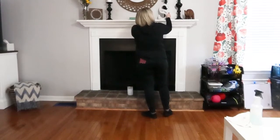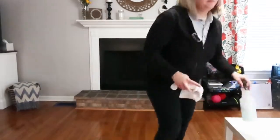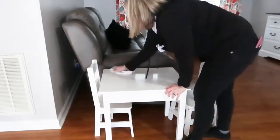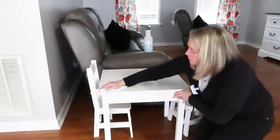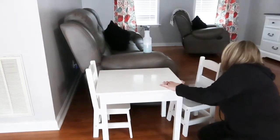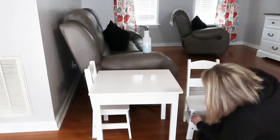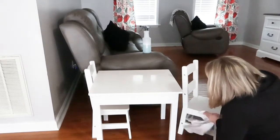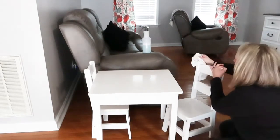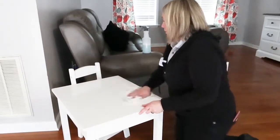When you first start section cleaning, if it's new to you, and you wait till things pile up, I just don't like doing that to myself. It stresses me out. So I like to do the section cleaning because it frees up my weekends for one thing. I'll break my house down into 5 sections, like I said, from Monday to Friday. I do 15 minutes, and if I can't hit something in that 15 minutes, which rarely happens because those tidy ups, seriously, y'all, they help so